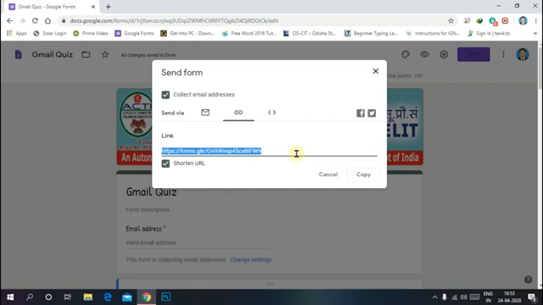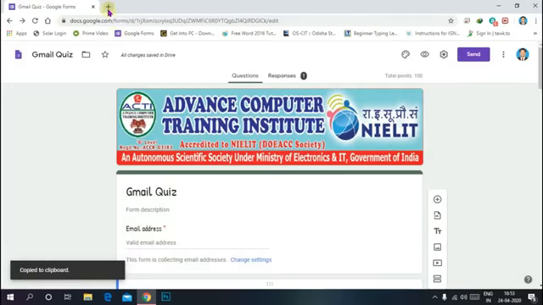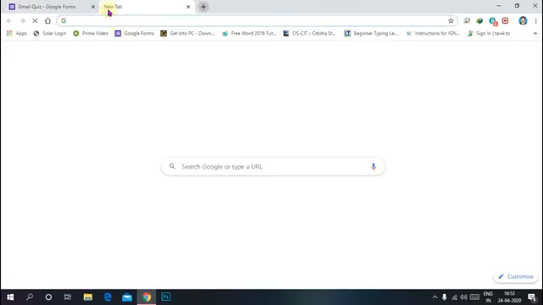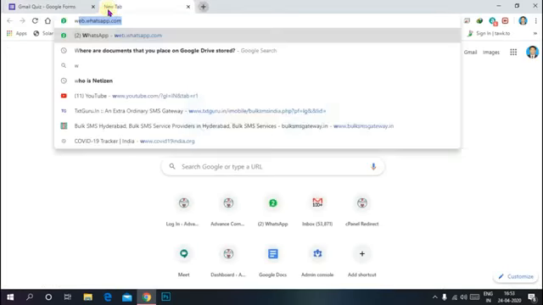But I want to show you how to send this link through WhatsApp. Just copy the link. Look, I opened my WhatsApp here in a new tab, WhatsApp Web, and select any one number or any group which is available in your WhatsApp.